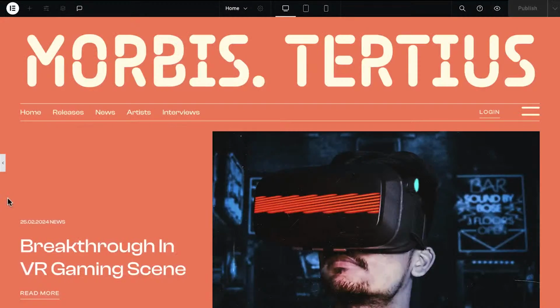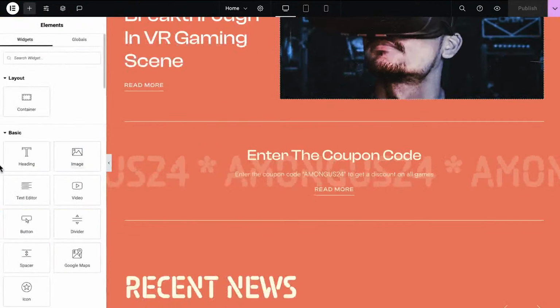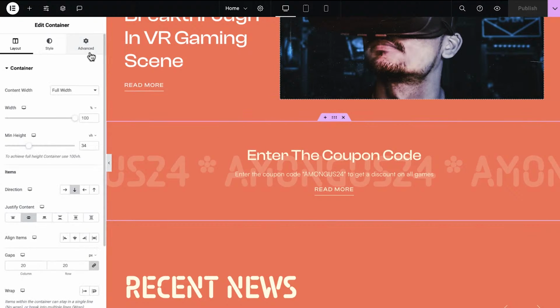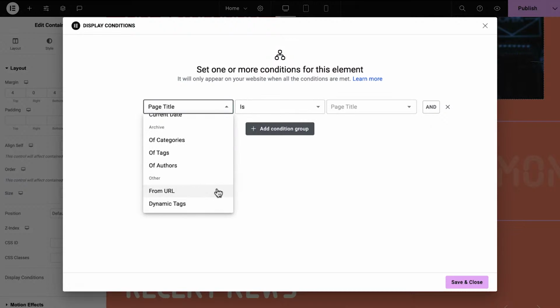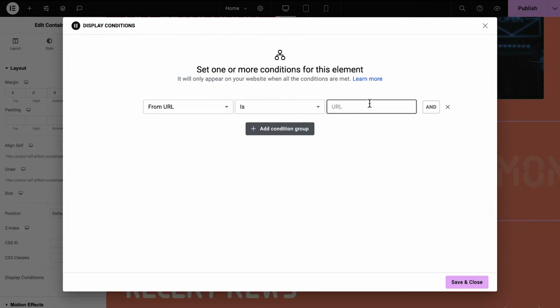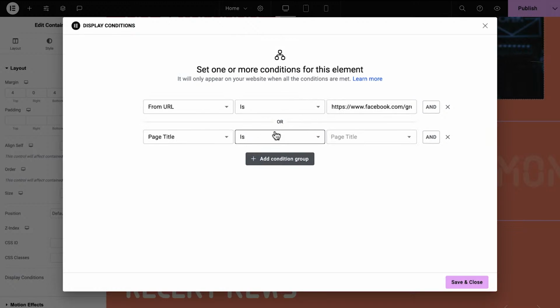For example, you can reward members of your website and followers on social media with the same discount code. Just click into Display Conditions and choose the From URL rule, and set parameters according to your social media community. Once you've set your first condition, add another condition group, choose the login status, and set the parameter to Logged In. This will display the coupon when visitors are either logged in or came to the page from one of